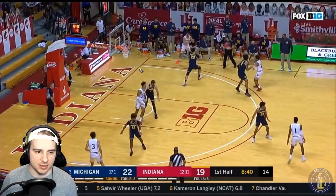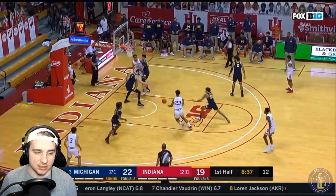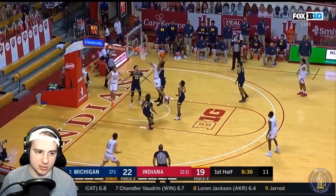So look at all this space, right? I have this diagram. All this space here on the closeout for Davis. This is approximately 5 feet more than he should be giving. And because of that, Race Thompson is able to get to the baseline. Good recognition here for Jackson Davis over here. And Hunter Dickinson, of course, has to help, but that opens up just this huge lane here for this pass